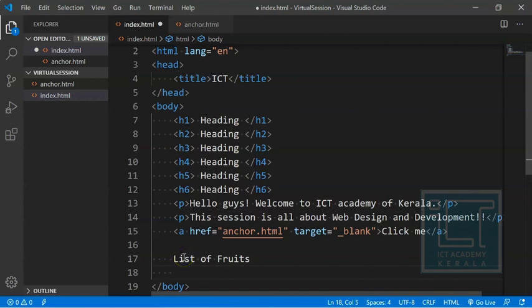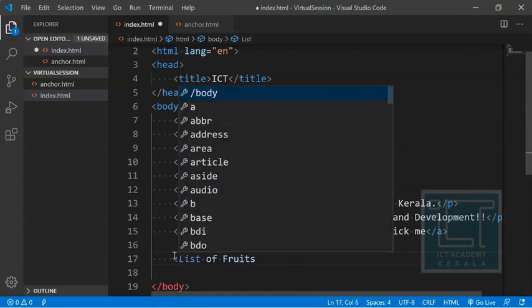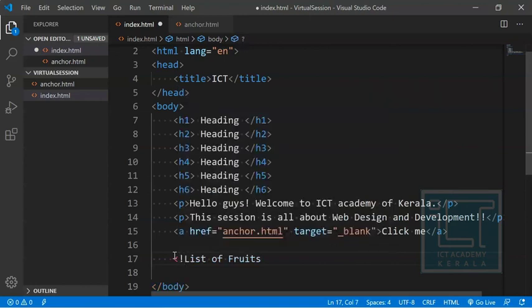Such things can be commented, meaning only for the coder's information, not for the user, and not required to be displayed on the website. For commenting inside HTML there is a syntax: angular bracket, exclamation, hyphen hyphen. Everything that comes in green in Visual Studio means it is commented.